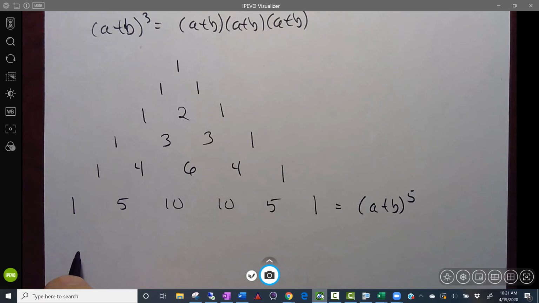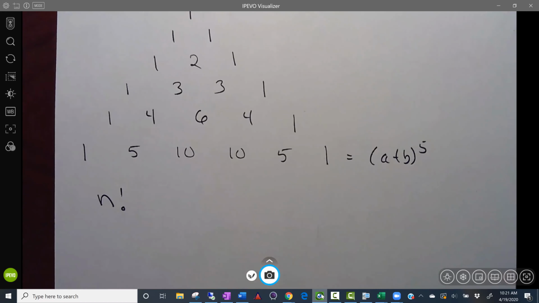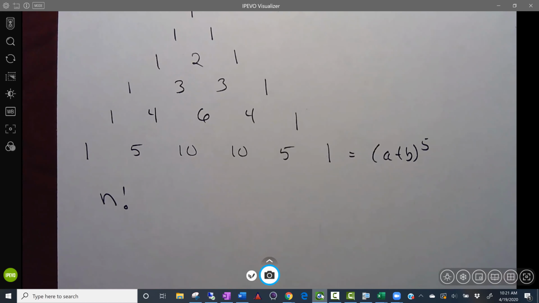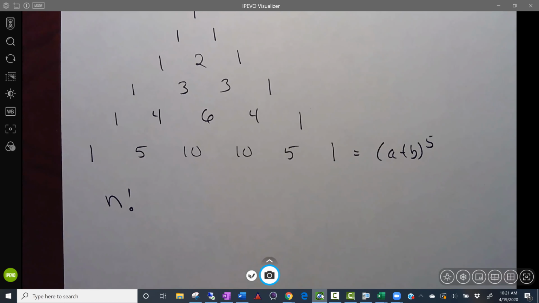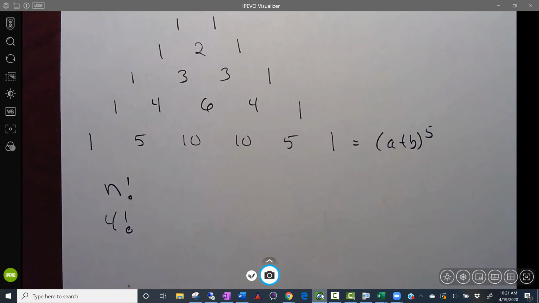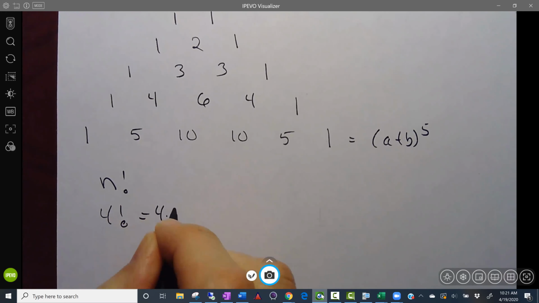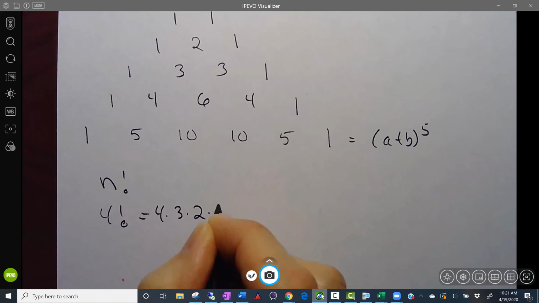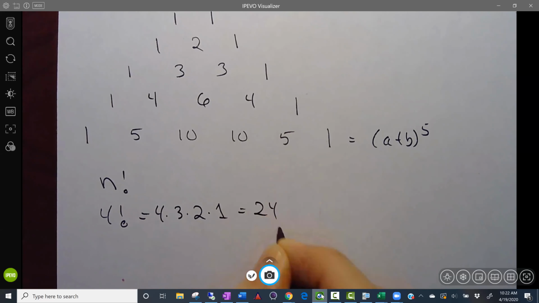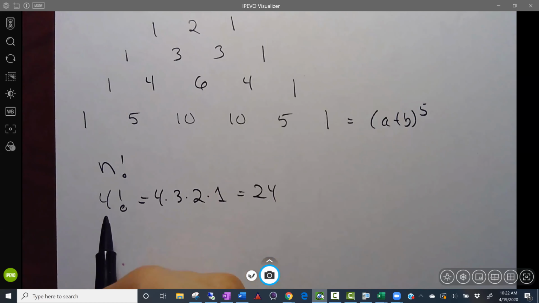There's a factorial notation. So n with an exclamation point. And that's probably best explained by telling you what 4 exclamation point is. So that's going to be 4 times 3 times 2 times 1, which is 24. And basically, if you had 4 objects, what this is telling you is the number of ways you can arrange